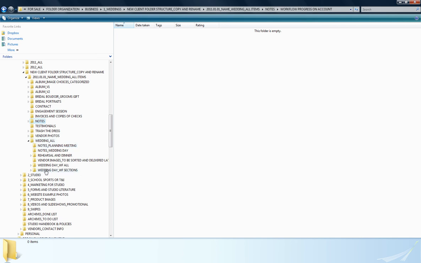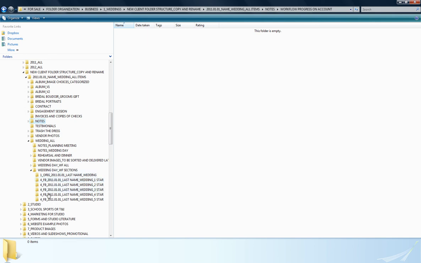And then the wedding, depending on where you want to keep it, if you want to keep them here, the notes for planning the wedding or the notes from the actual wedding day, you can put them here instead of in the regular notes section, whichever way you want to go about it. Rehearsal dinner, night, 1, 2, 3, 4 folders. And then wedding day, I teach 2 different ways of workflowing weddings. I teach just do it all in one batch, and that would be to workflow all in 1, 2, 3, 4 folders. Or